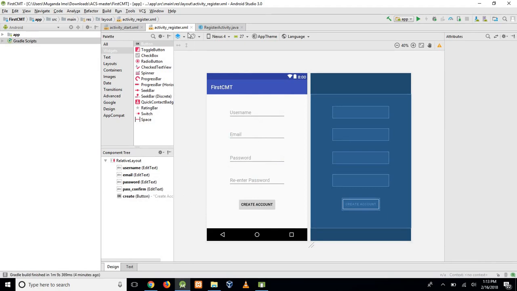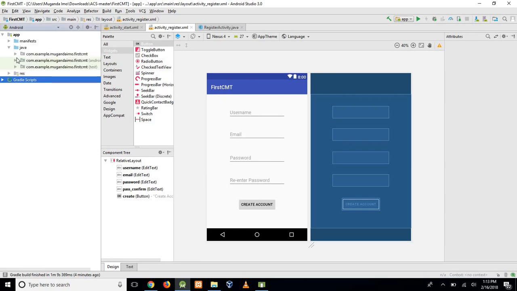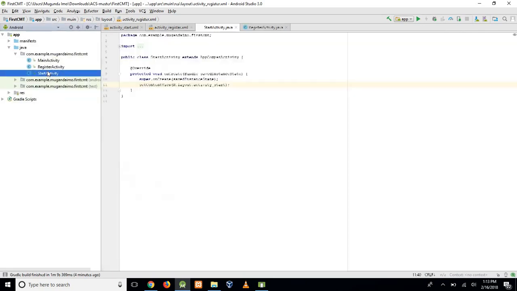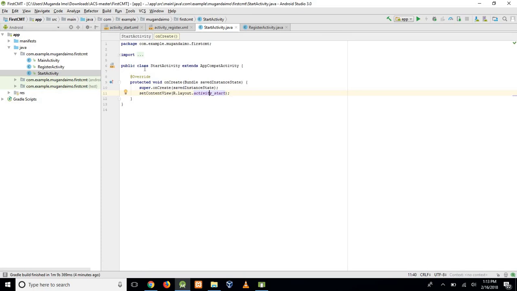So we can go to our register activity and start linking this layout to the Java, but before I even do that, I'd like to go back to my start activity, which had my login page. As you can see, it has no Java at all. That's because I wanted to deal with the register first, but one thing we will need, even before we start doing that, is